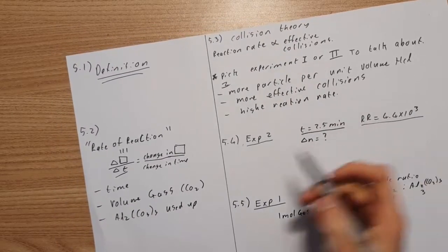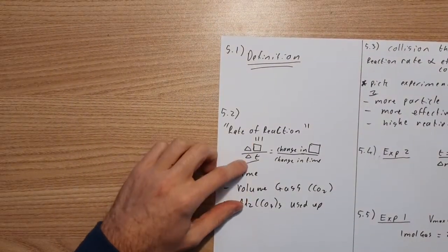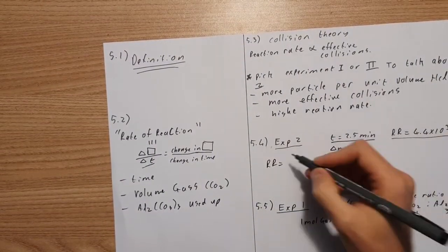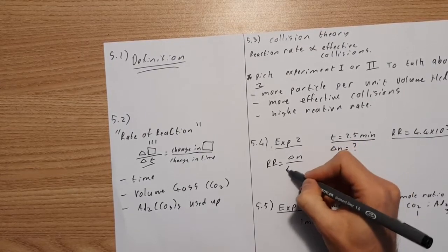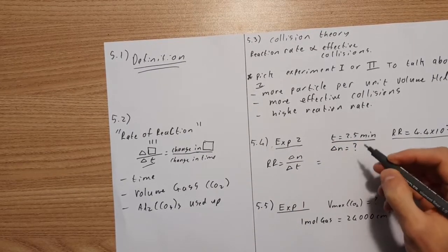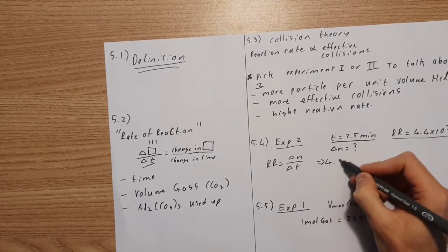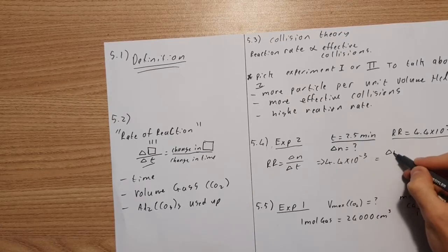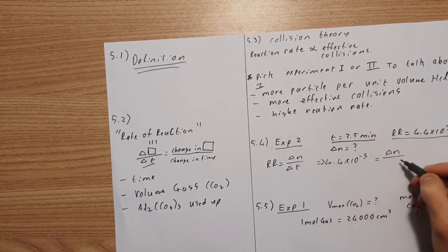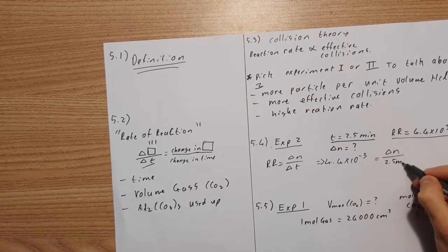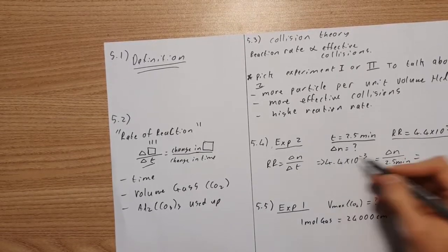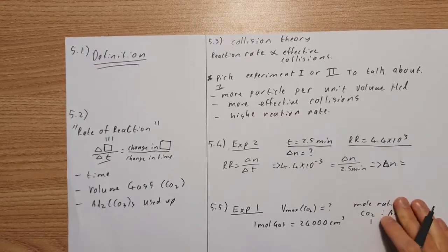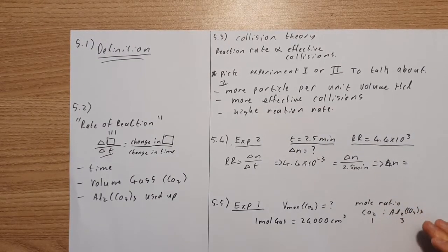So remember we said over here the rate of reaction is just the change in something over change in time, so we can write this as the rate of reaction equals the change in moles all over the change in time, which means we have 4.4 times 10 to the negative 3 equals delta n over the change in time, which is 2.5 minutes. Okay, so if you multiply that side, delta n is then going to give you, let's have a look here, delta n is